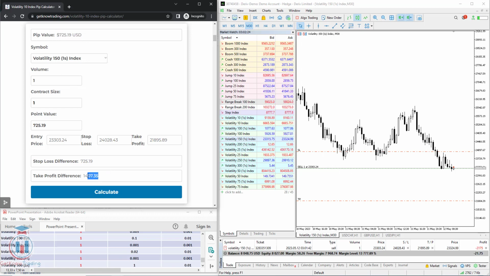So if we put here the take profit, okay, calculate, 1407.35. Let's put this one here. It is the same value. You can see that you can use volatility 150 1-second index Pip calculator to get these values before opening an